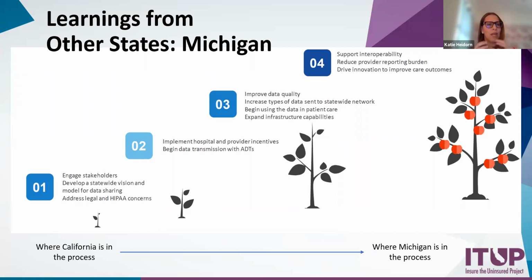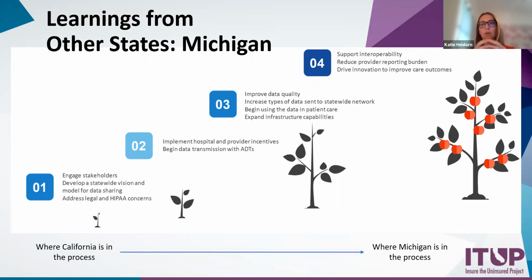And then over time, you get into maturing the system, right? Improving the data quality, increasing the types of data that can be sent to that statewide network. So this gets us into those use cases. What modules do we want to add on so that we're really truly exchanging all of the data, everything from hospital discharge data to coordinating care between primary care and specialty care. Maybe we add in behavioral health data, and then maybe we get into the social determinants of health and start adding in those local public health and social services data that we mentioned earlier.